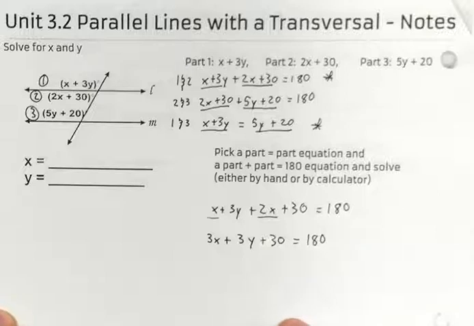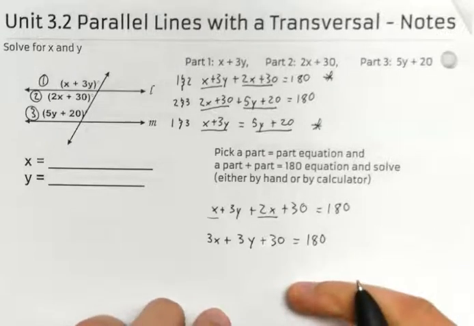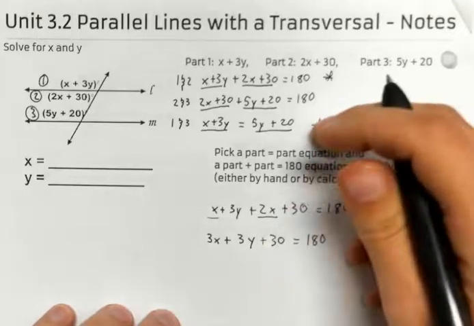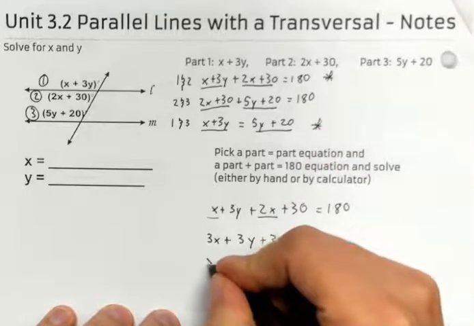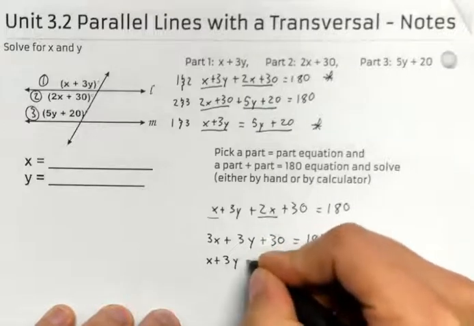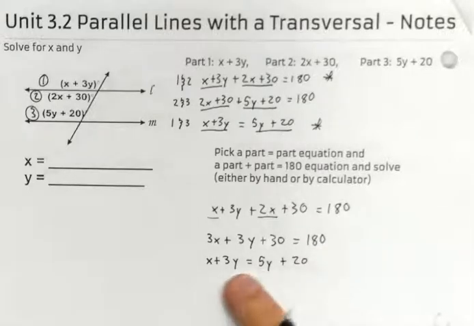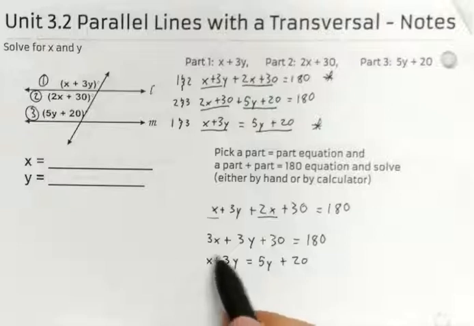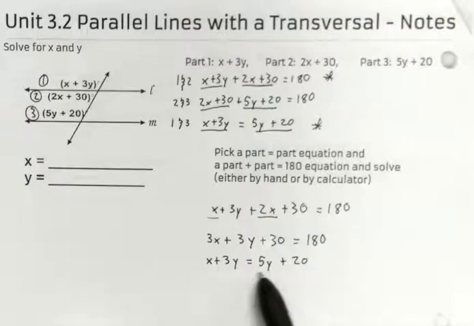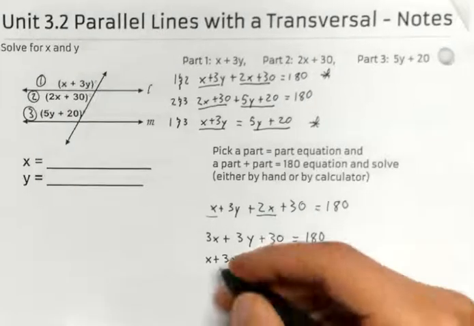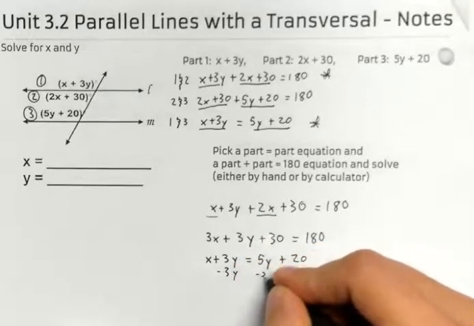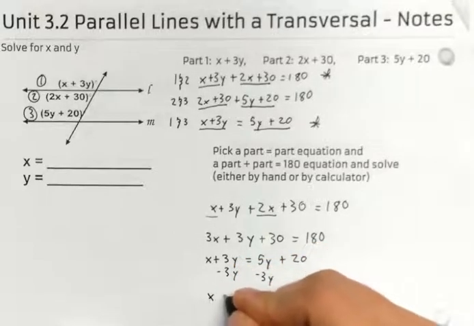And then the next thing I'm going to do is write down my other equation. And the other equation we said we were going to pick is this one. So x plus 3y equals 5y plus 20. I want to have my x's on one side. Just for this particular method I'm going to teach you called substitution, we have this x that's all by itself. It's easy to solve everything in terms of x. So what I'm going to do is move this 3y over to the other side. So to move it, I'm going to subtract 3y from both sides. And I get x is equal to